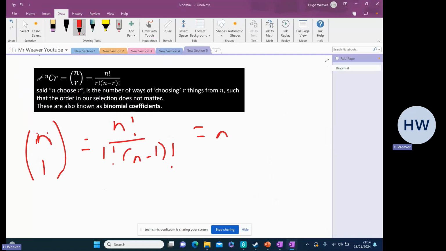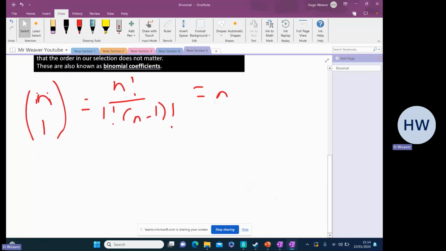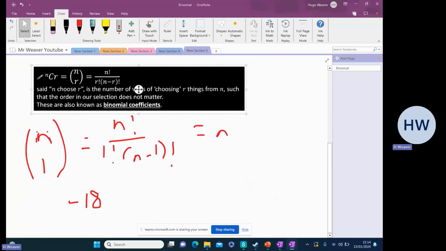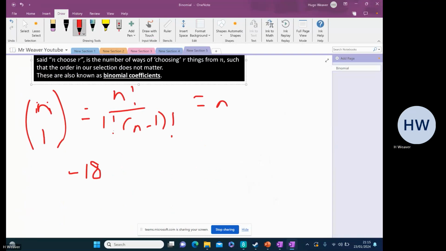Now, because it's just n here, I'm thinking about my terms, and I know that it's going to be negative. I wonder if I can draw with this. Let's give it a go. Because I've got negative 18x, I know what that basically means: I've essentially got the nth position now